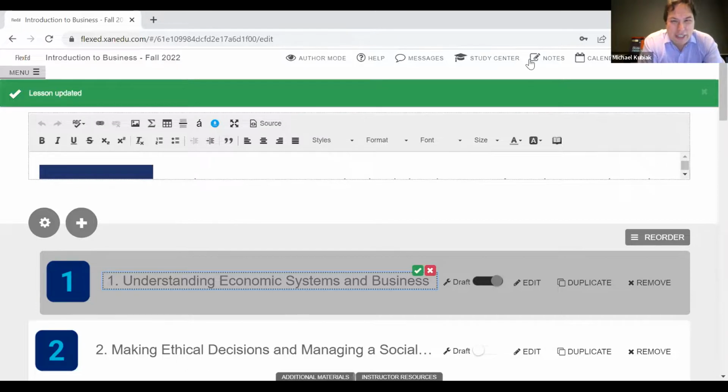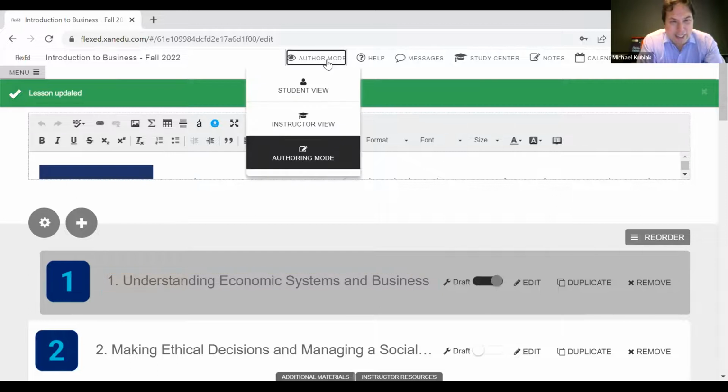So I wanted to show you just a quick run through of some of the key content that you'll find as we go through this. And as I do, we're going through it quick here today. Our team at XanEdu would love the chance to go through this in greater detail with you individually or with your department at your convenience to go through this and give you a chance to answer more questions. And then we can also set you up with your own instructor account as well, so you can go through it at your own pace and really dive in.